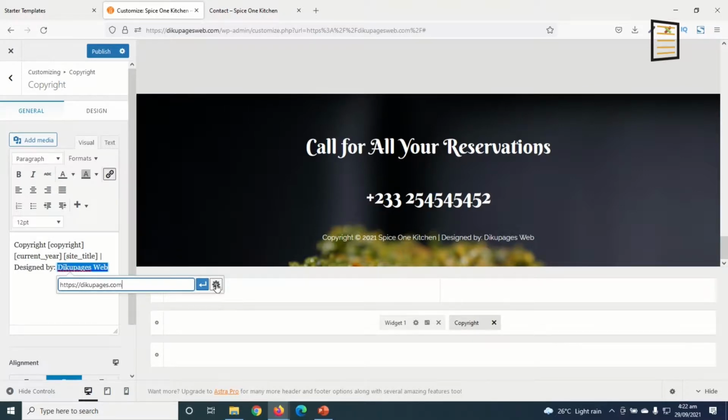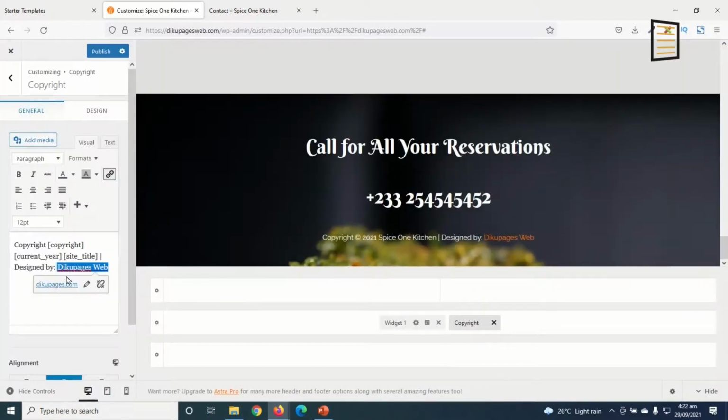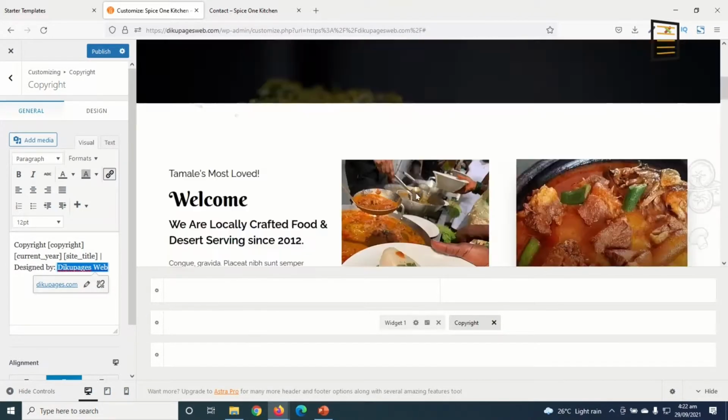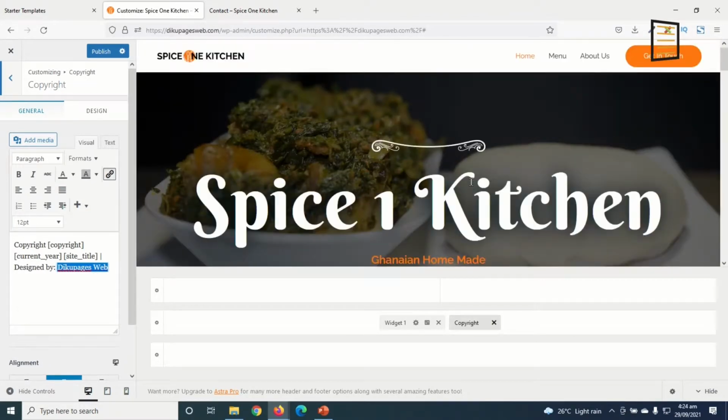I can go to link settings, then I click on open link in a new tab, update so that it won't take users away from the website. So I think everything else is cool. So the last thing I'm going to do is check the mobile view, especially for the menu. So I click on mobile right here,